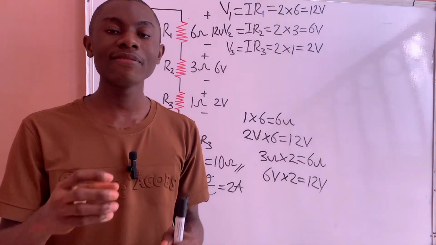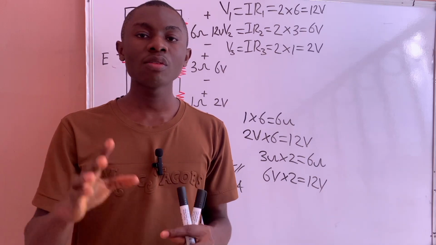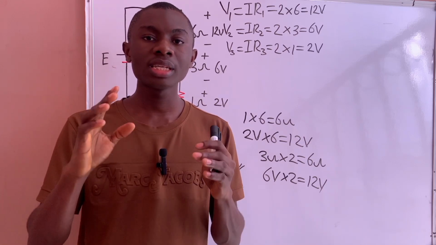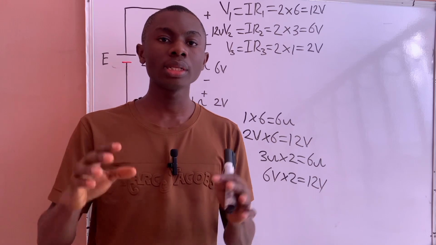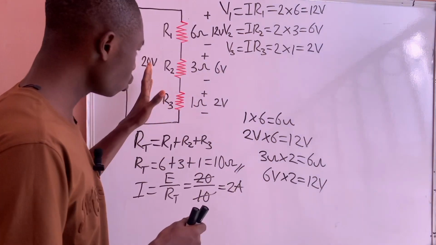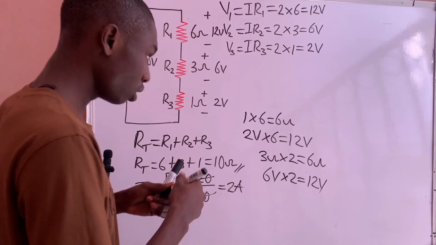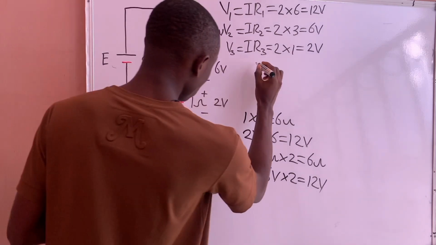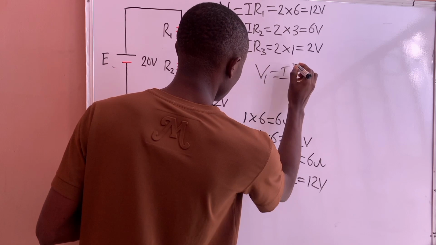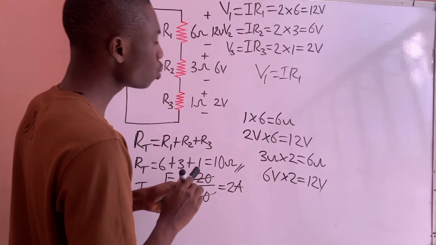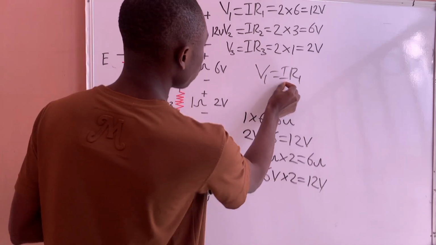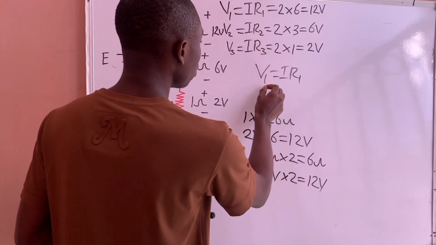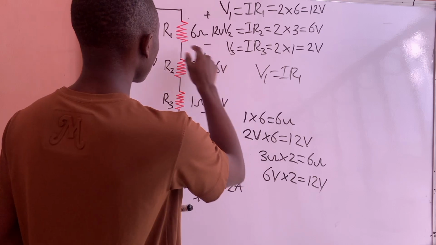That is why the voltage divider rule is the smartest and fastest way of analyzing series circuits, especially during exams. But if you use Ohm's law, you must first look for the value of current. For example, the voltage that drops across R1 will be V1 equals I times R1. But with Ohm's law, we must first look for the value of current, which is not given, for us to find the voltage that drops across